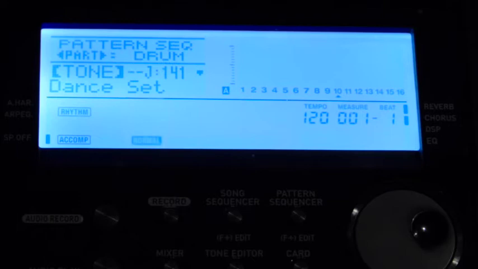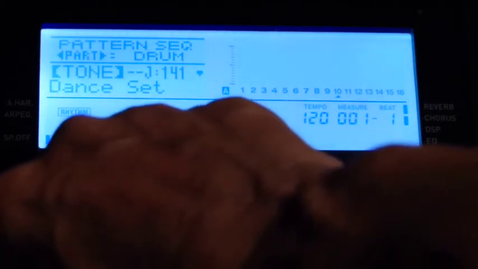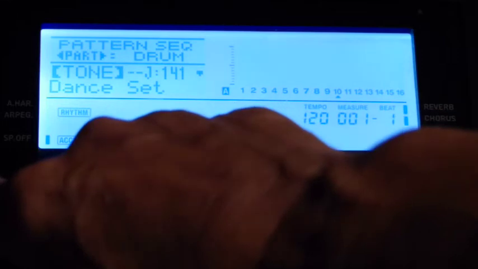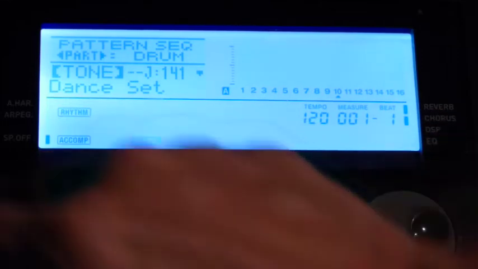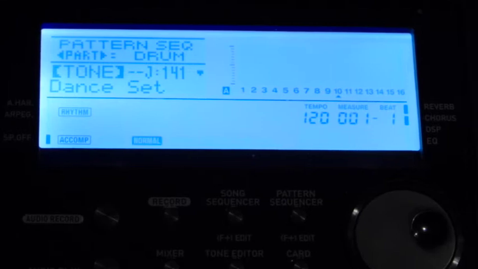And this is the only way we can save it. We're going to make our own rhythm, and then we're going to save our rhythm in our own user rhythm storage area, and that is the F area. And as soon as we make a few edits, I'm going to store it. So now